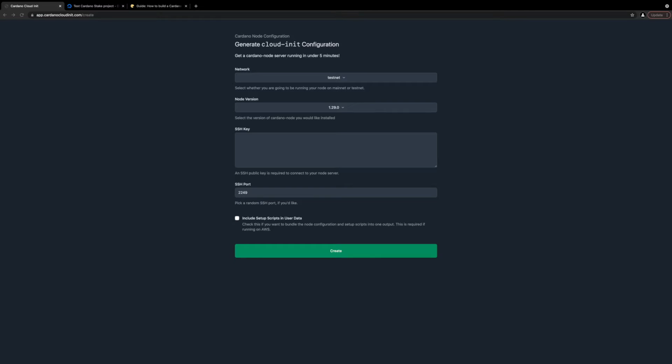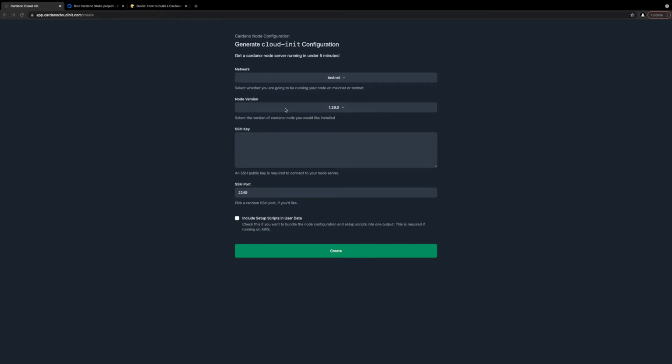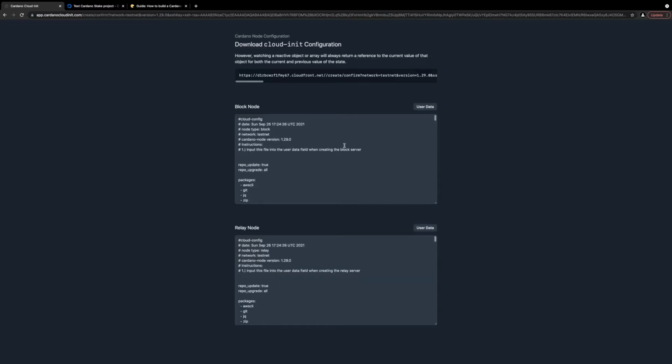So we start by visiting cardano-cloud-init.com. This tool is going to help generate Cloud-init files, which are then used when creating servers. So we'll use testnet and the latest Cardano node version. Add our SSH key and click create. So it's going to generate these two files for us, which we're going to copy and use when creating our